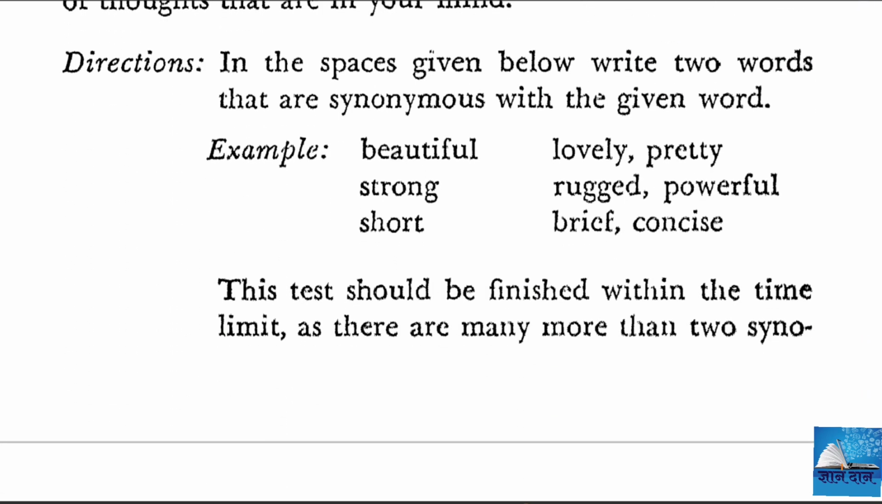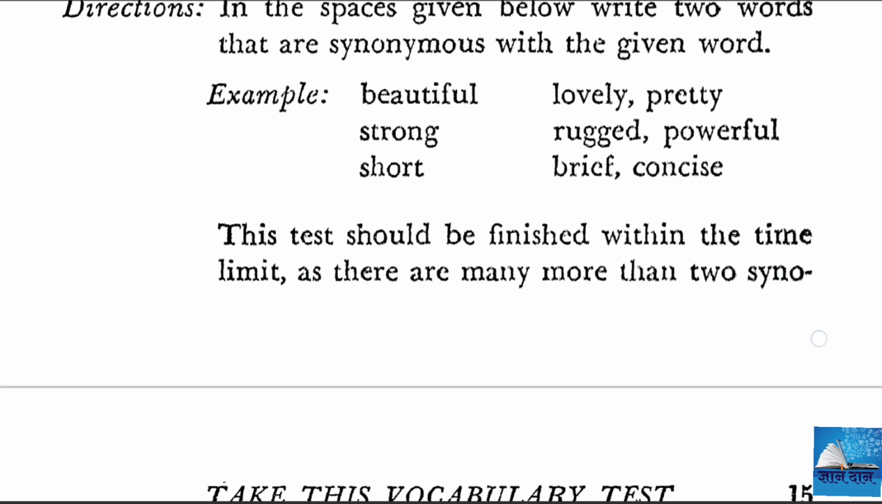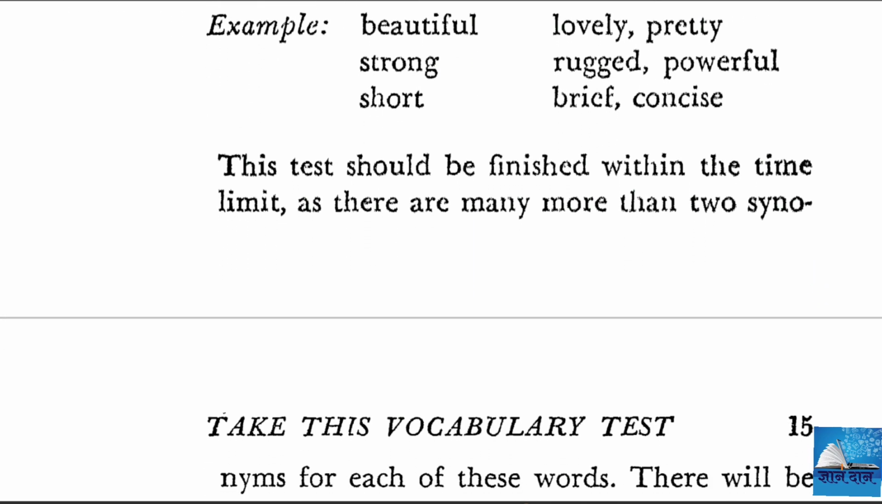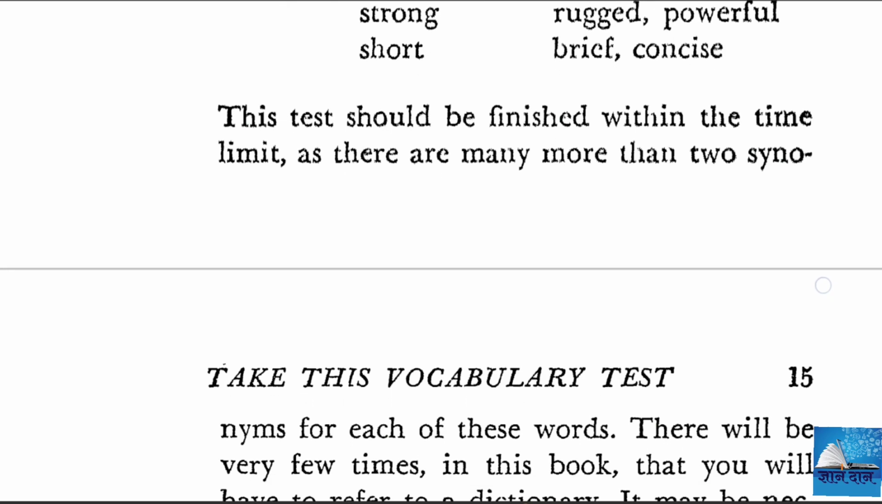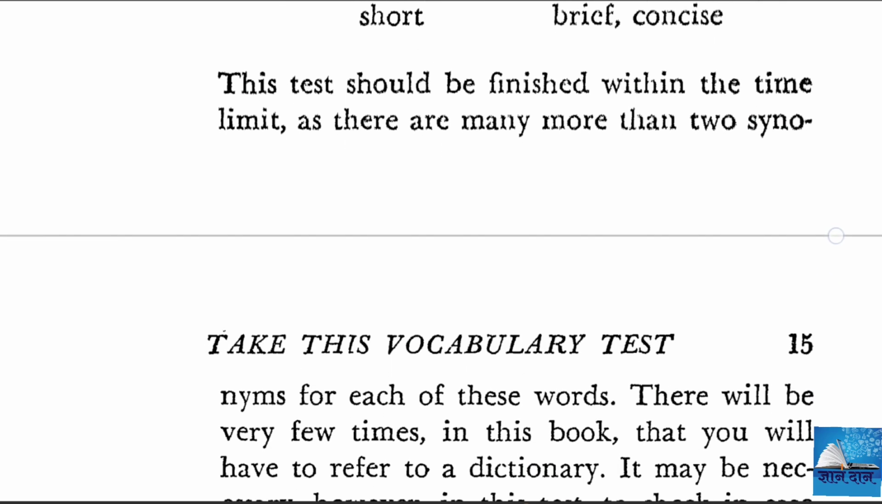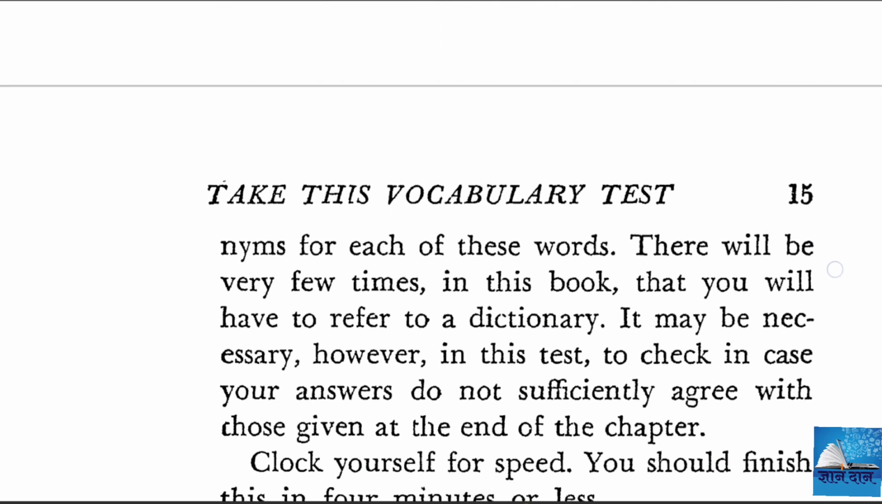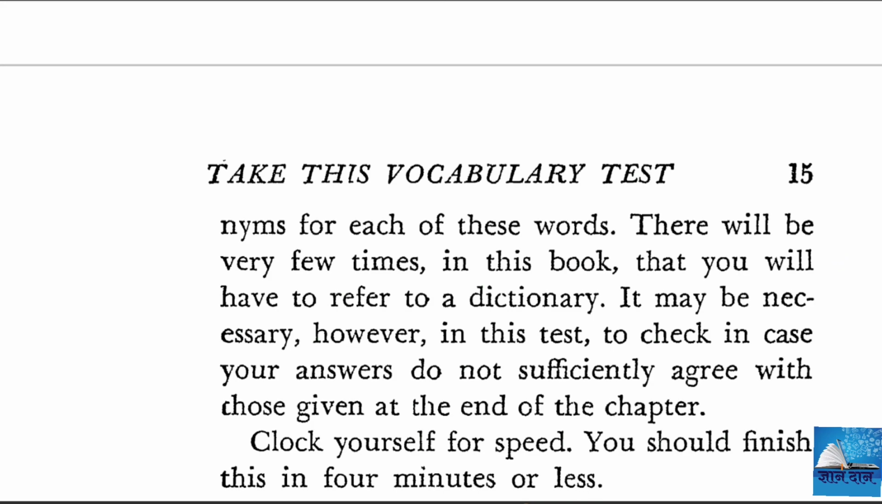For example, beautiful would have synonyms lovely, pretty. Strong will have rugged, powerful. Short will have brief, concise. This test should be finished within the time limit, as there are many more than just 2 synonyms for each of these words. There will be very few times in this book